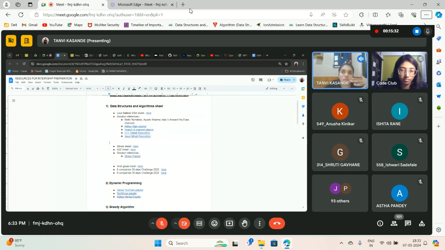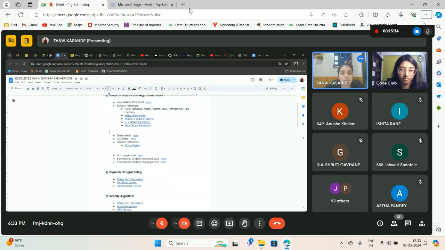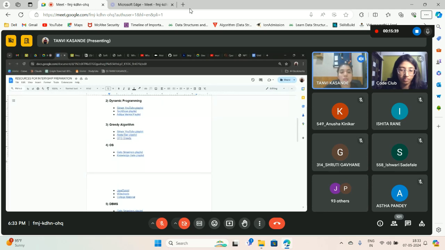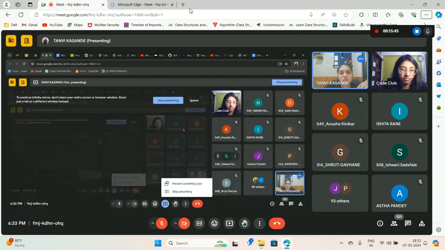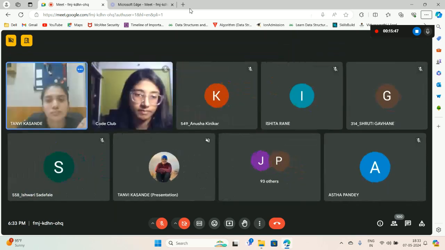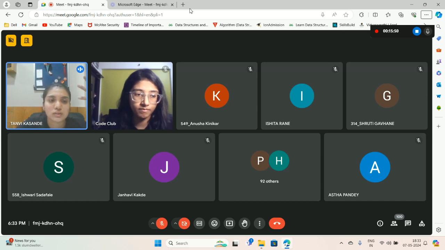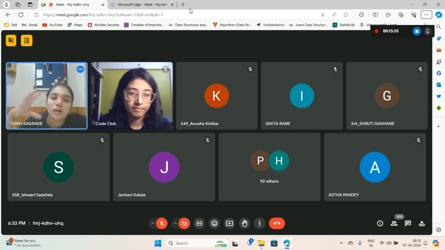There are a few other sheets as well. There are ample resources in the sheet. I will share the link with you. You can go over to HackerRank, HackerEarth, Coding Ninjas, LeetCode, any of the competitive coding websites, and they will also have Ace DSA with 500 questions, Ace DSA with 400 questions. They have sets of questions for internships and placement. So you can choose and pick any of these.